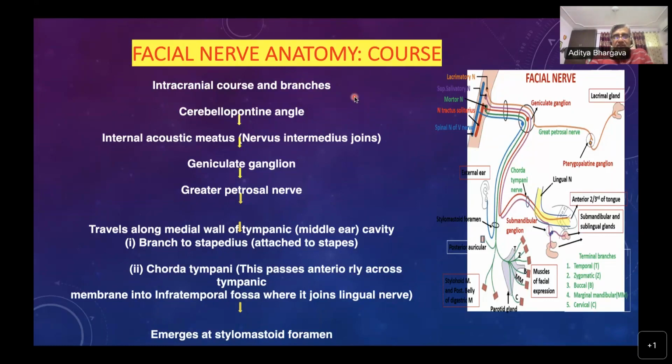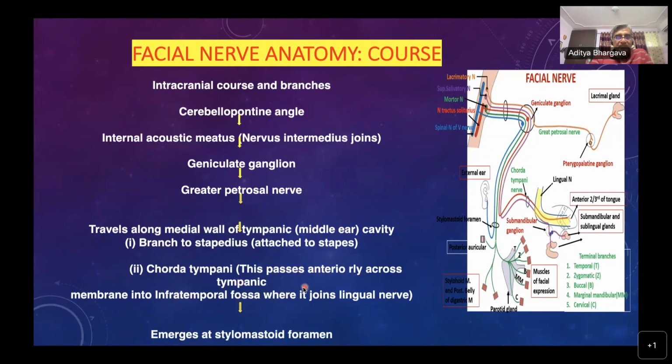Here I always mention that any band-like structure after you raise the tympanomeatal flap is chorda tympani nerve until proved otherwise. So please try to preserve this band-like structure in all your surgeries. Then chorda tympani,